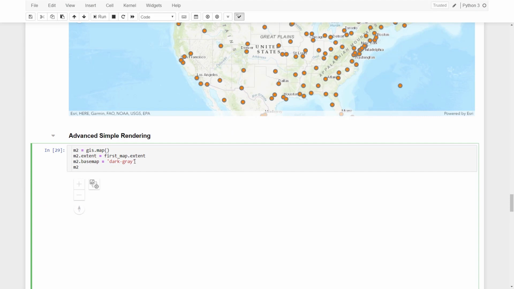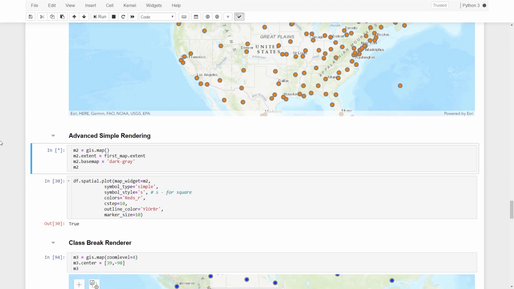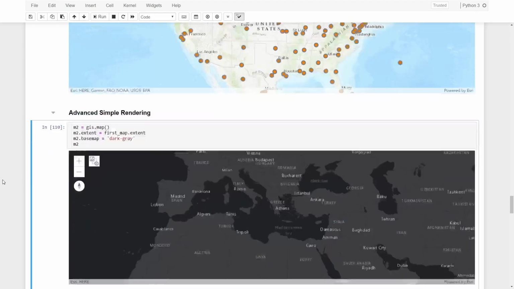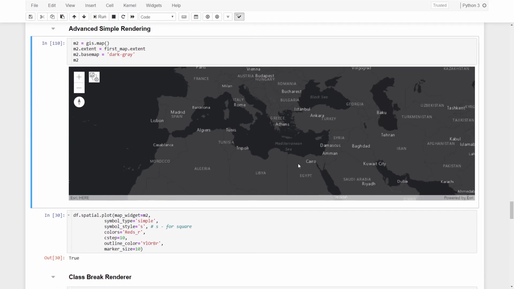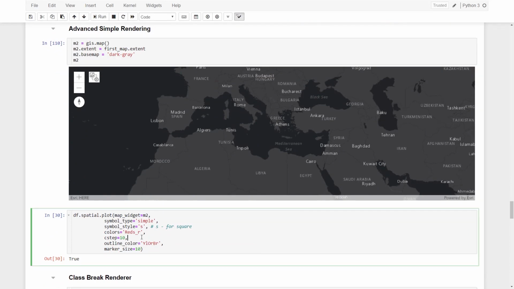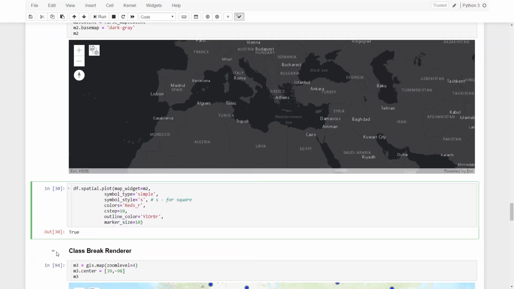I could then go ahead and, let's say we wanted to do some more advanced stuff. So I'm going to create a new map, set it to be over the same area because I'm pulling in the extent from my first map that I was panning around. And we want to plot these points on the map. But I want to make it a little different. I don't want it to just be circles and random. I still want it to be simple, but I want it to be square,